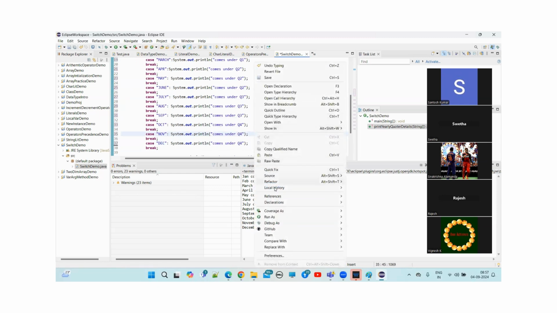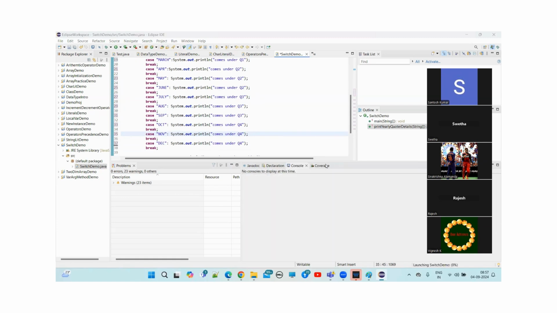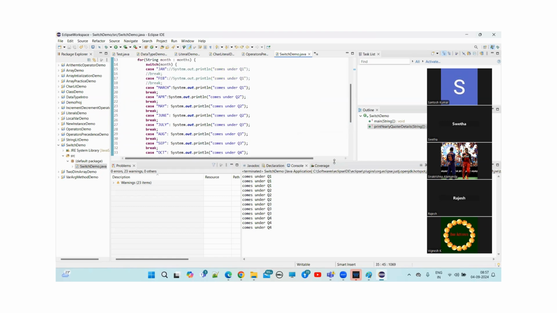Okay, fine. Now, see, it comes under quarter one, comes under quarter one, comes under quarter one. Like that, all the statements will be executed, right? Okay. So now, what I will do,